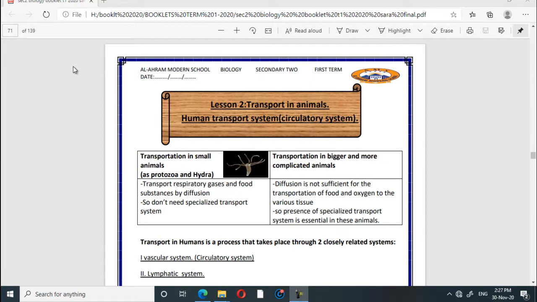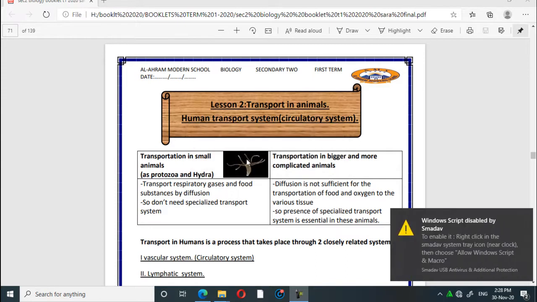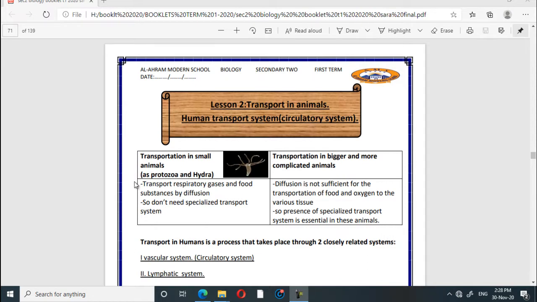But firstly, what is the difference between transportation in the small animals and more primitive animals like protozoa and hydra and the higher, bigger, more complicated animals? Transportation in the less advanced animals like protozoa and hydra occurs by diffusion. So gases like oxygen and carbon dioxide are transported by the diffusion process, which doesn't need a specialized transport